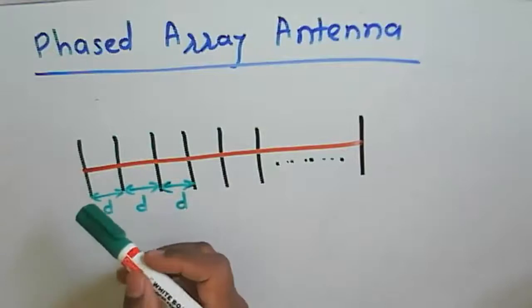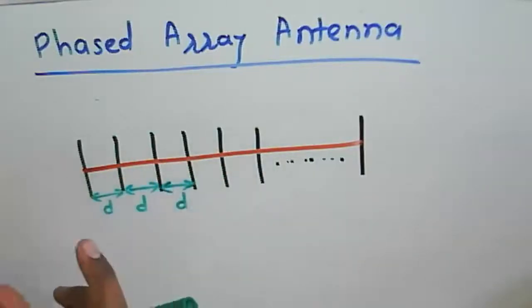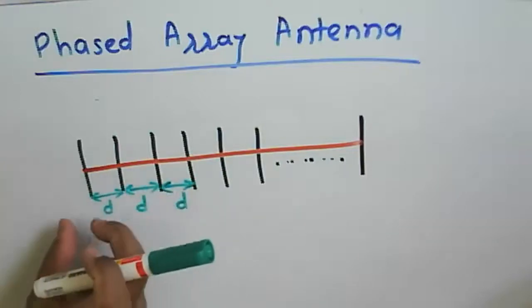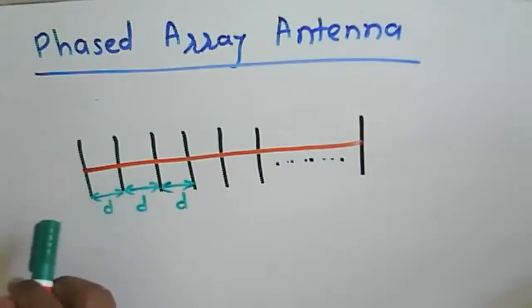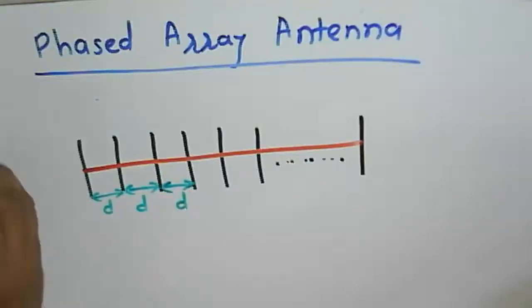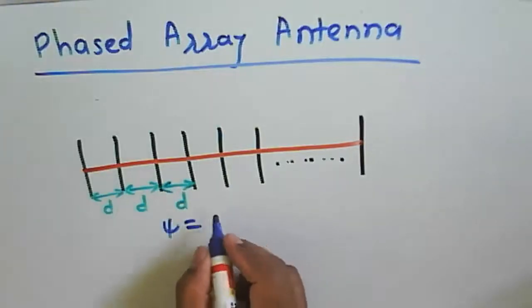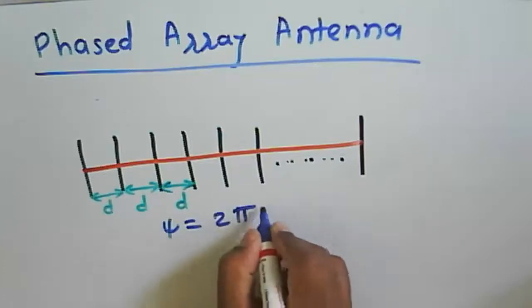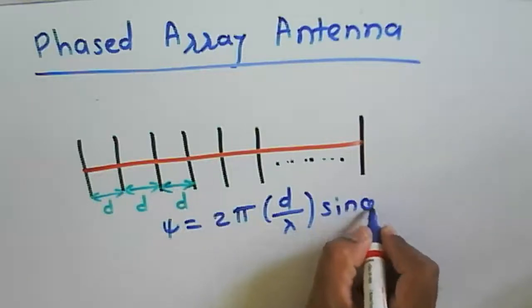For that purpose, what is the phase requirement for each and every element, and what is the phase difference between the elements, that we need to discuss here. The difference in the phase of the signals in adjacent elements can be written in the form of psi equal to 2 pi